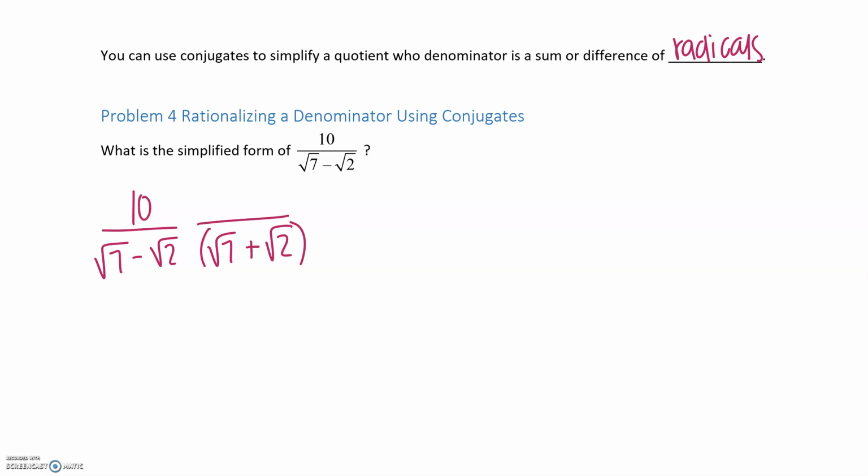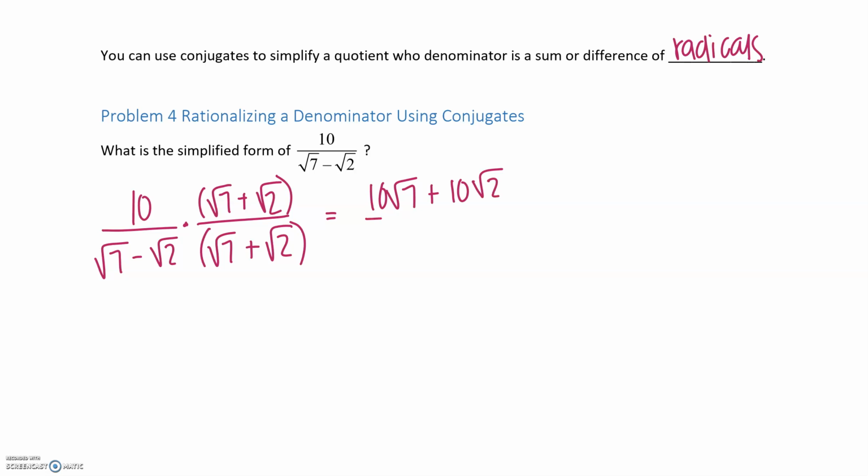To rationalize this denominator, I'm going to multiply both the top and bottom by the square root of 7 plus the square root of 2. So when I do that, the top is going